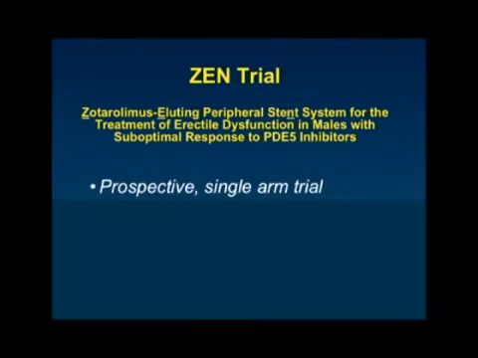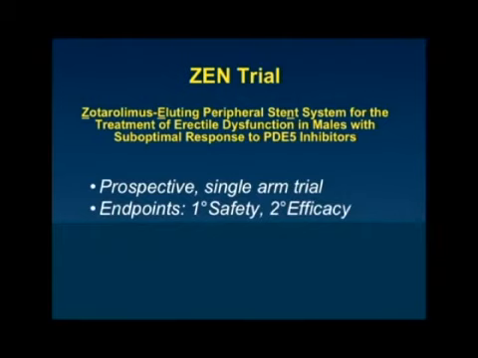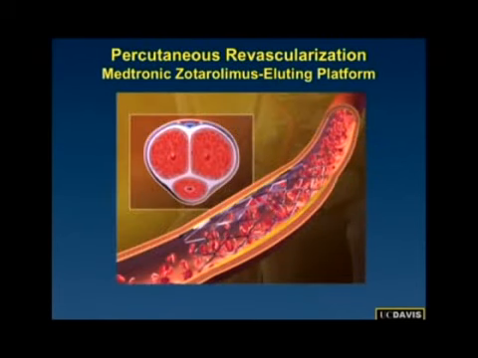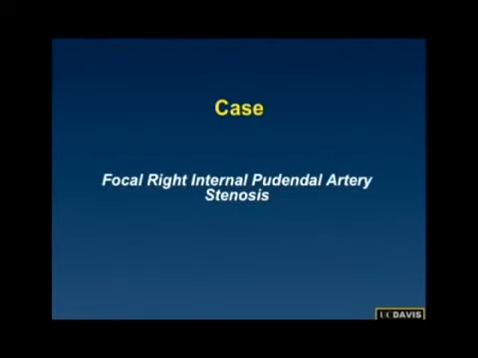And this is a prospective single-arm trial with endpoints of primarily safety and secondarily efficacy. This is really mostly a safety and feasibility trial, enrolling up to 50 patients. And the main hypothesis here is that the deployment of a drug-eluting stent in the internal pudendal artery in patients with stenoses amenable to this technique would be safe, it would be feasible, and then potentially effective as well. So just to show you how this works briefly, this is a case of a patient